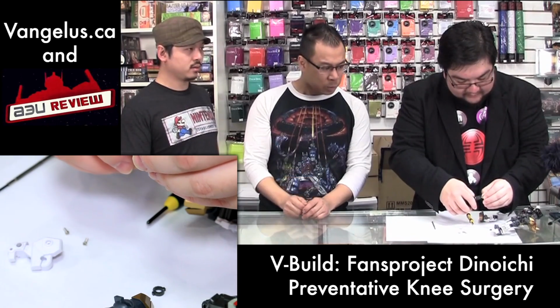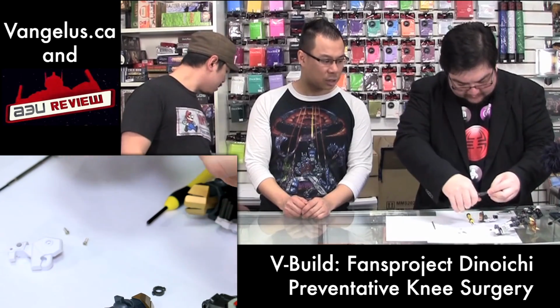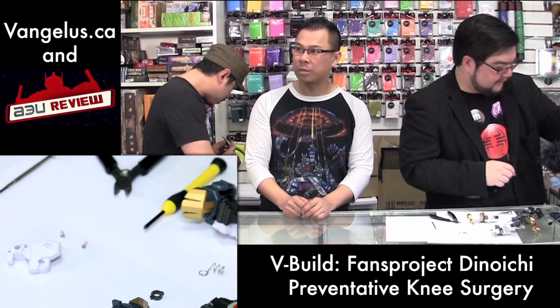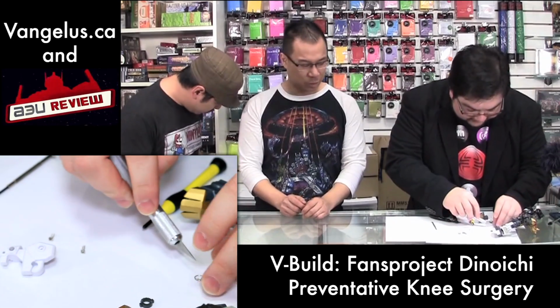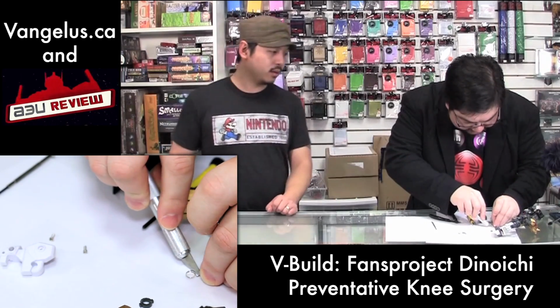I'm being a bit generous on this as this is the first one we're doing. So we'll just give this a try and see how the ratchet joint feels, and then proceed from there. It's just wearing down this stuff. That's the trick. I also have a blade. So we can give this a try now that it's flat. Lay it down and see if I can just...